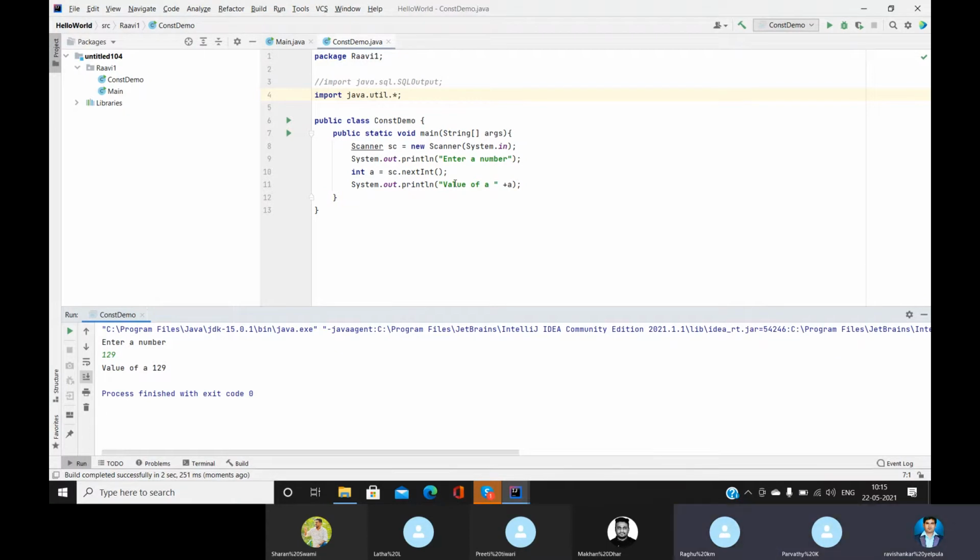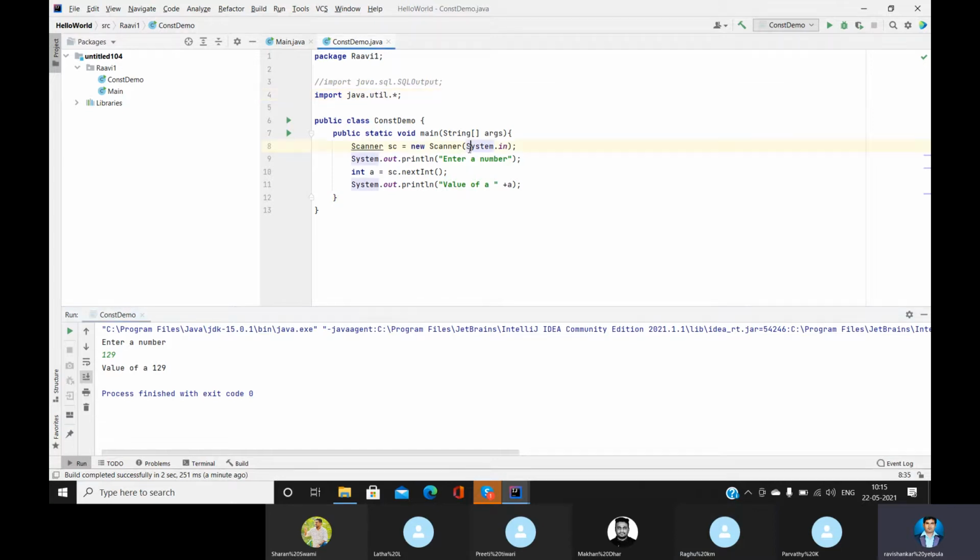Ravi, if you see, you created one variable, sc equal to new Scanner, and in the brackets you gave System.in, right? Where is it taken from? System.in and System.out are two.